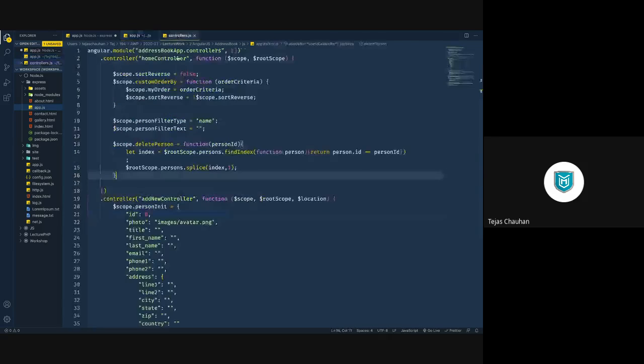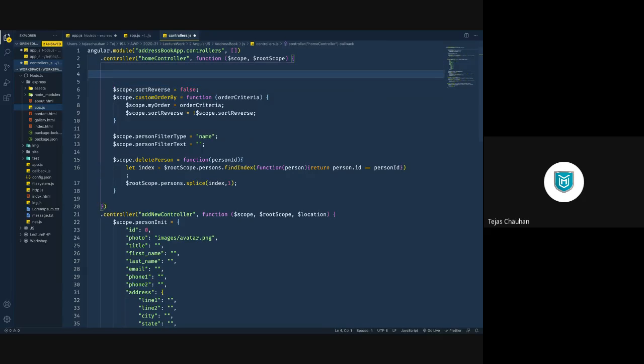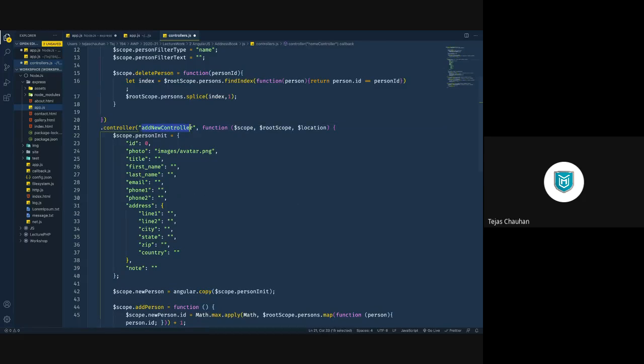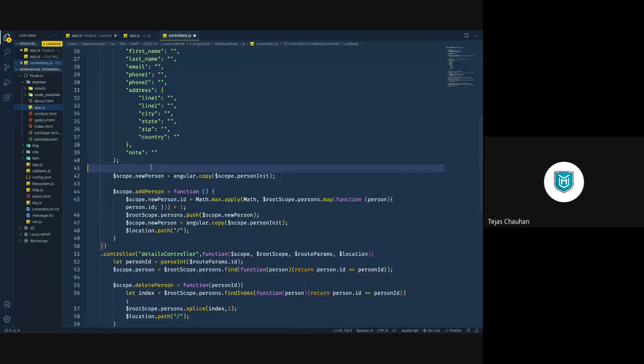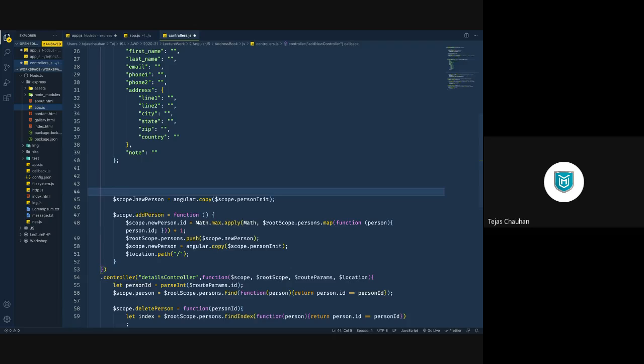So in your controller, let's say I'm going for the home controller where I list all my persons. From this home controller, I'm going to have one HTTP request, and it is going to be the GET request. This is where I'm going to do the GET request. If I have an add new controller, then at this place I'm going to make a put request, because this is adding a new person.